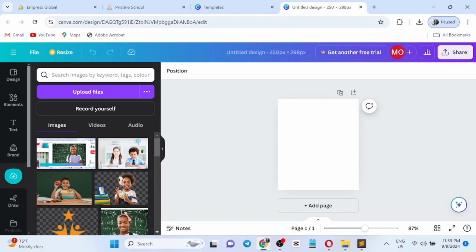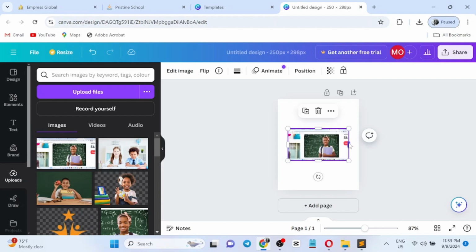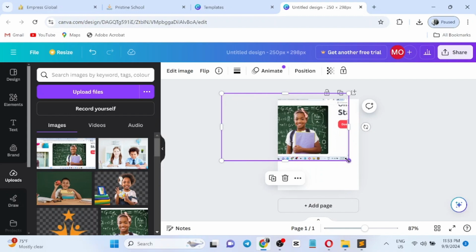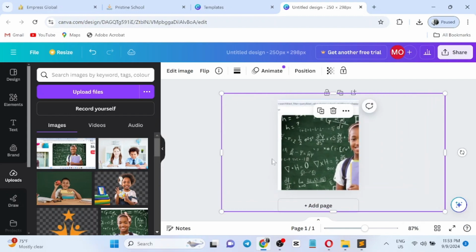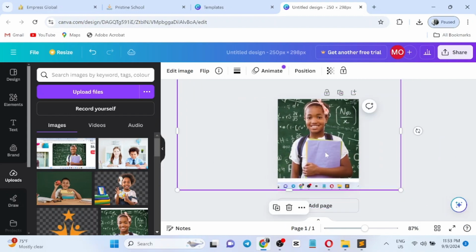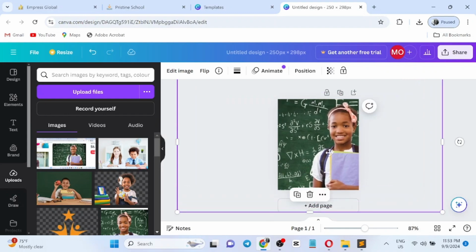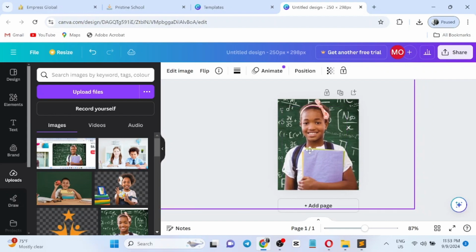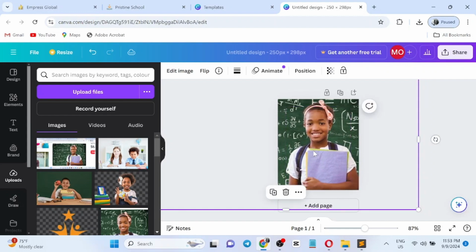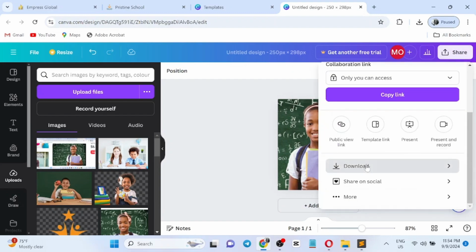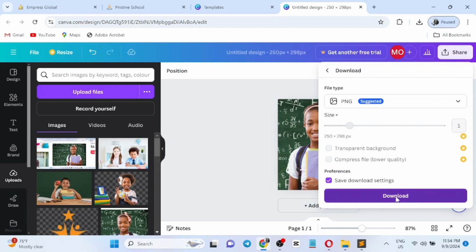I'll bring it right here the way it is, and then I'll click it. Okay, let's see what happens. Yes, so this is the image. This is perfect. So I'll just download the image like this, and then